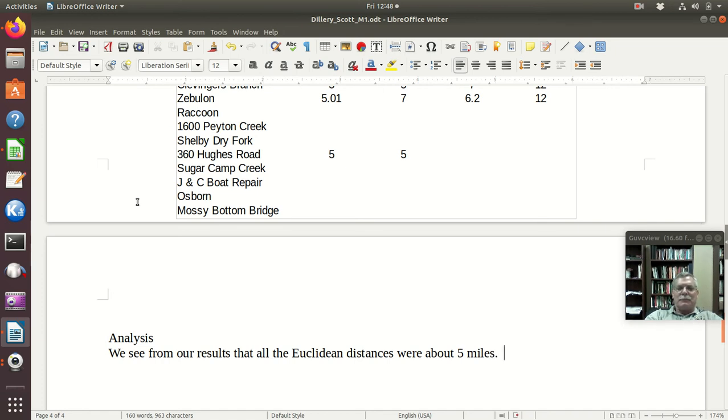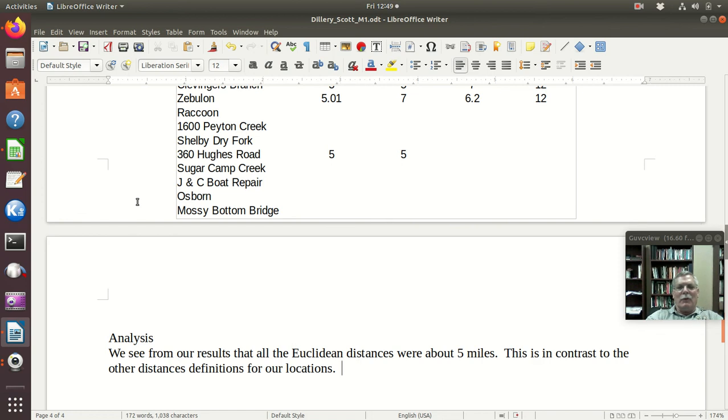Okay. This is in contrast to the other distance definitions for our locations.